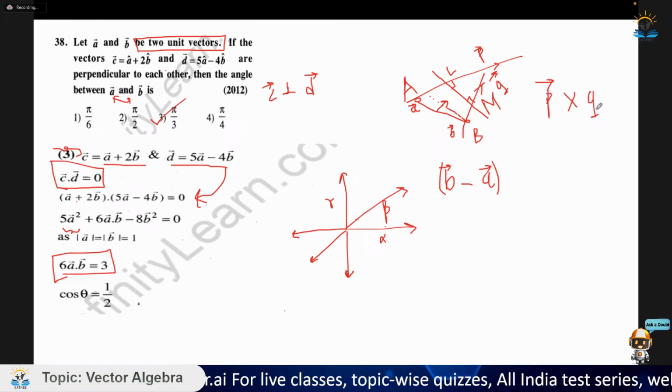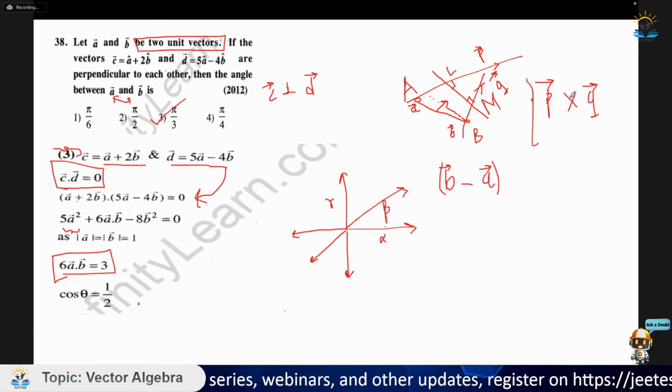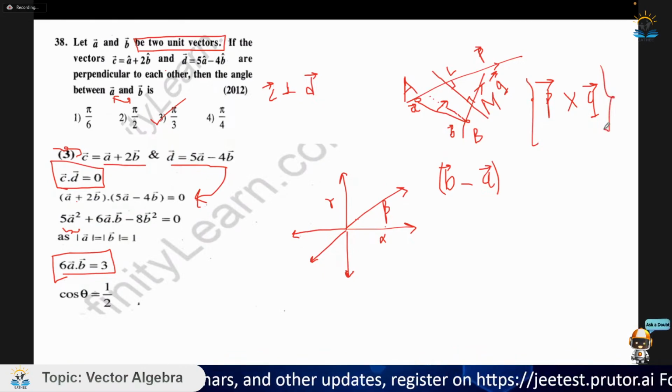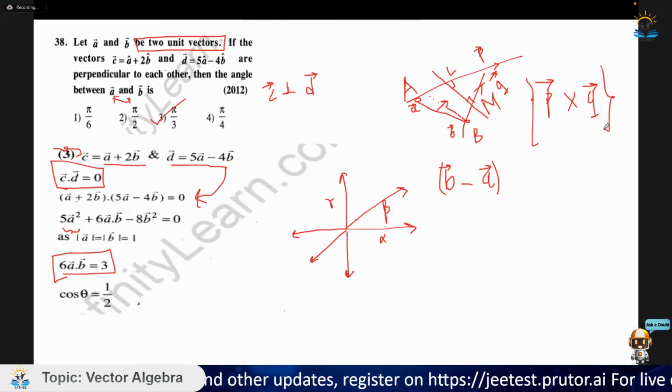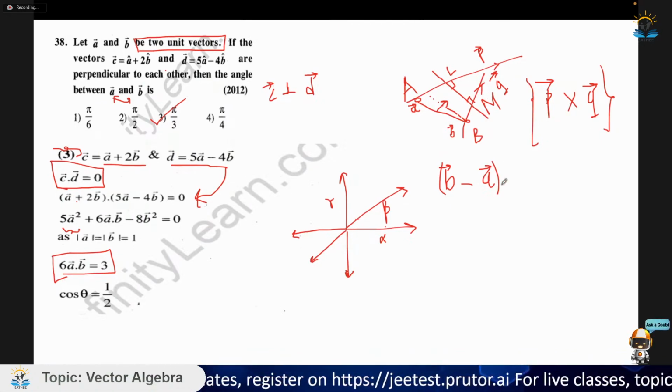So मुझे एक वेक्टर बनाना था जो कि p वेक्टर के भी परपेंडिकुलर रहे और q वेक्टर के भी परपेंडिकुलर रहे। सो मेरे पास एक वेक्टर आ गया p क्रॉस q वेक्टर। मैंने ऐसा वेक्टर बनाया इन दोनों को क्रॉस करके। सो ये जो पूरा कंप्लीट वेक्टर है ये p के भी परपेंडिकुलर है और q के भी परपेंडिकुलर है। ओके, सो हमारे पास एक वेक्टर आ गया जो कि p और q दोनों को परपेंडिकुलर है।